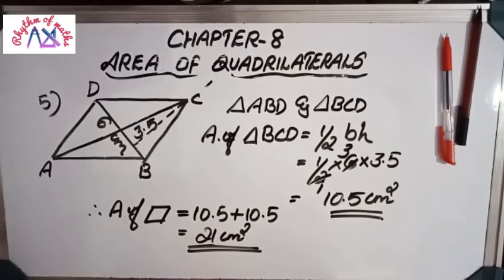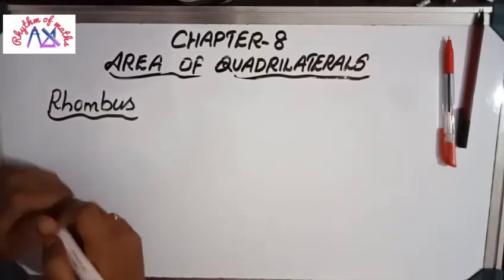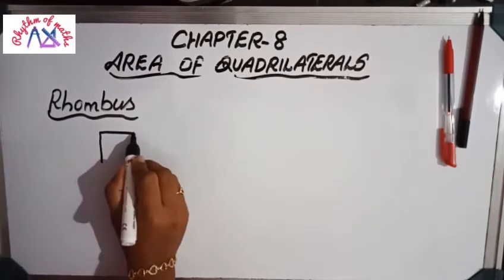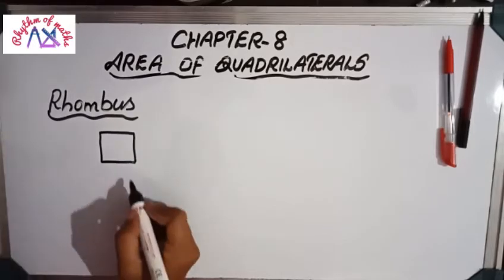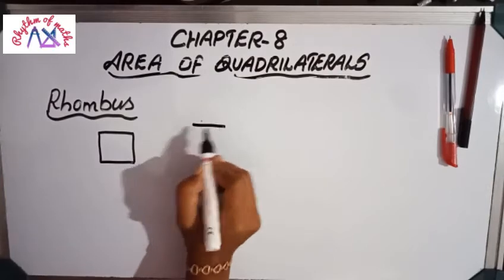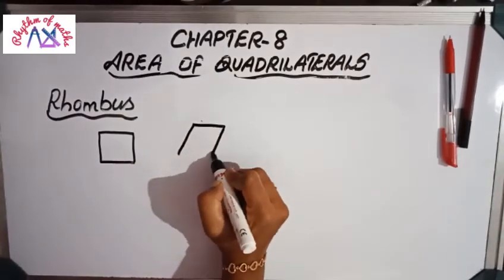So this section over. Now let's move on to next subheading. Next subheading is rhombus. Okay, area of rhombus we are going to learn here. Before that, in the construction of quadrilateral chapter, I told you square and rhombus both are somehow same. What do you mean by rhombus? Rhombus means all the sides must be equal. Okay, all the sides must be equal and parallel.